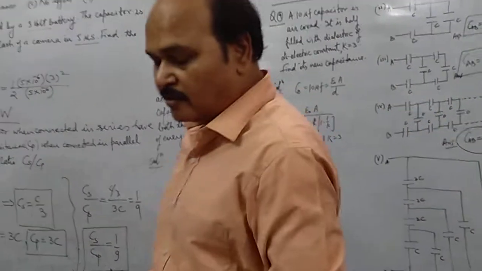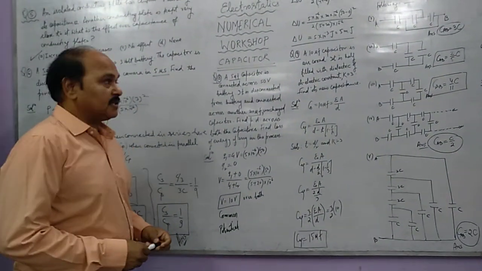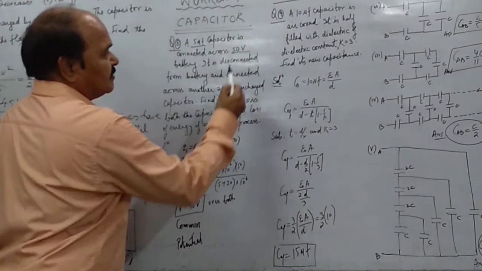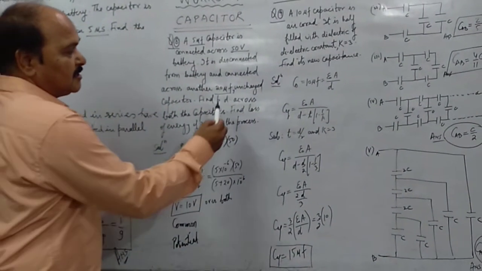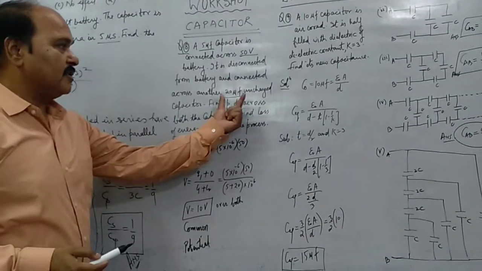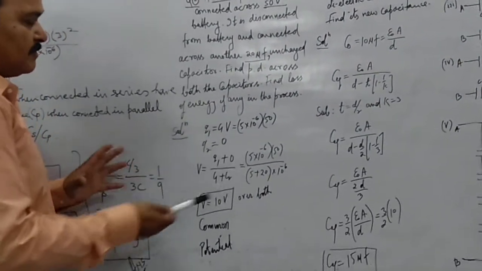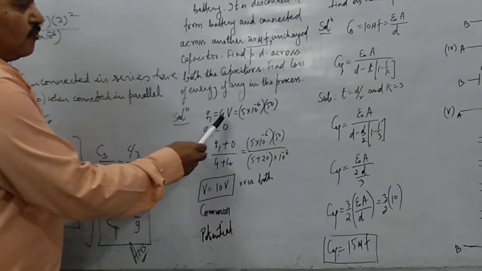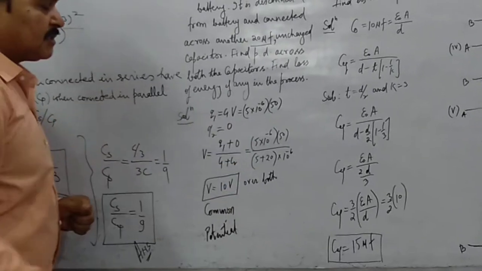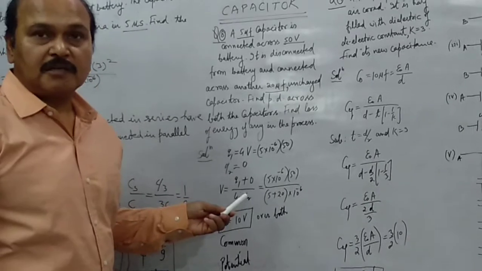So this question is based on law of sharing of charges, the last article when we studied the theory of this chapter. This is C1, this is V1 the battery, potential difference across the battery. This is C2 and it is uncharged, therefore potential difference across this capacitor is what? 0. So by conservation of charge, what is initial charge? Initial charge is Q1 plus Q2. Q1 is this and Q2 is what? 0. And what is final charge? Final charge is C1 plus C2 into V, the common potential.